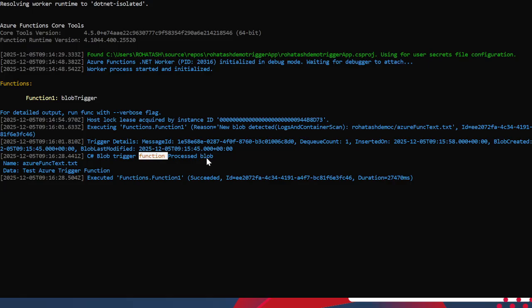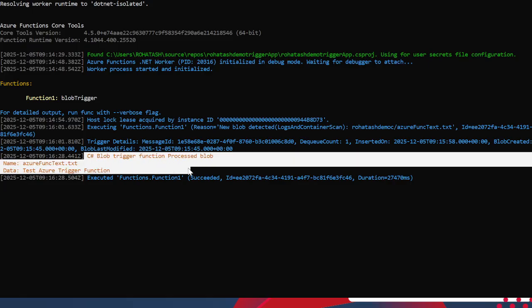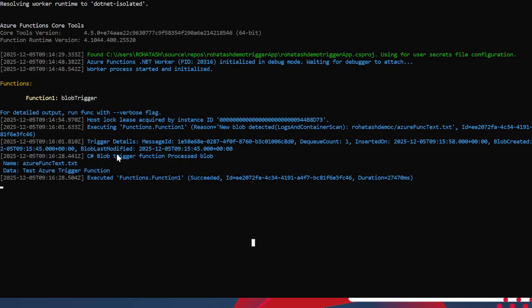This is actually the content of the file we have created. Now we see the C# blob trigger function processed blob. So now if we see the file we have uploaded on the